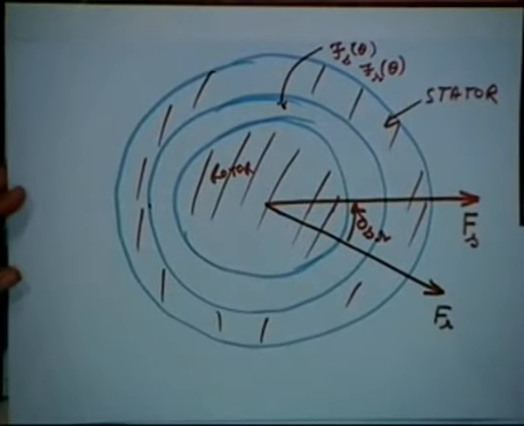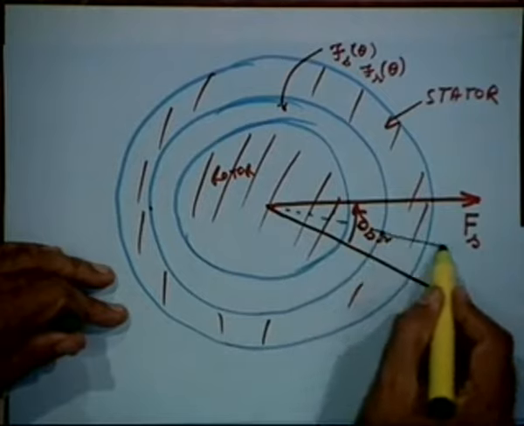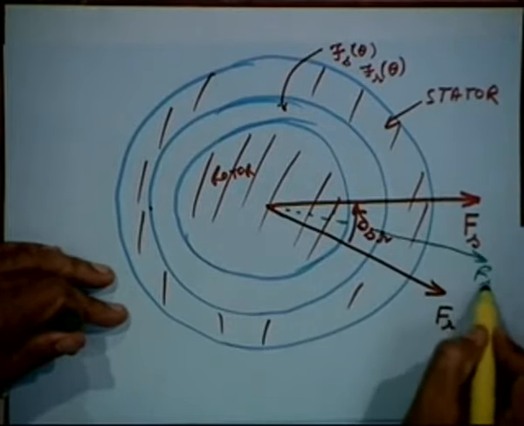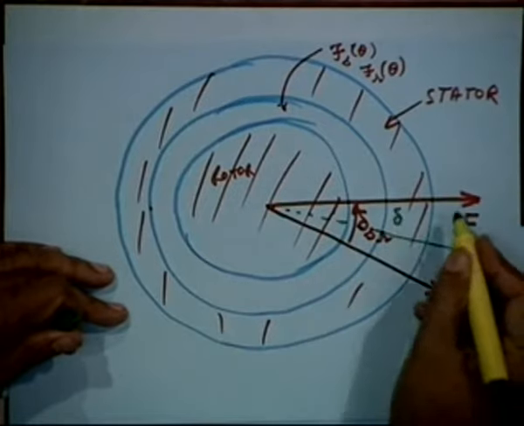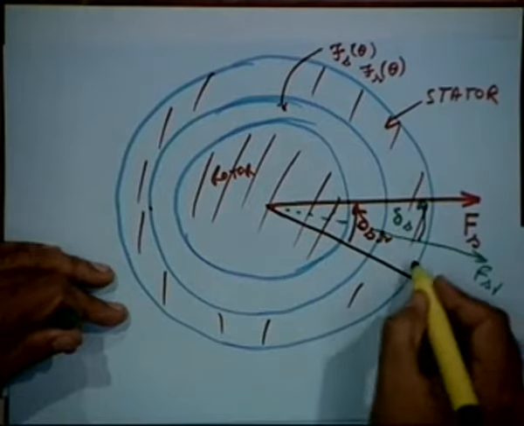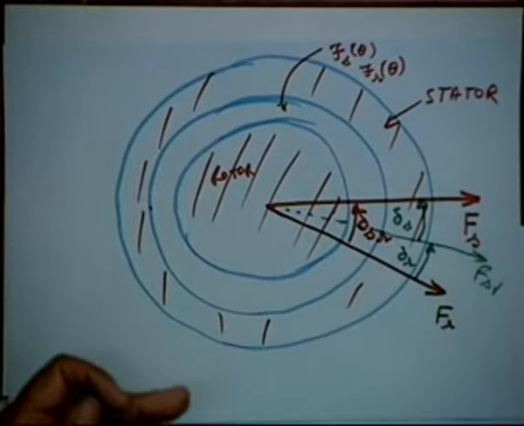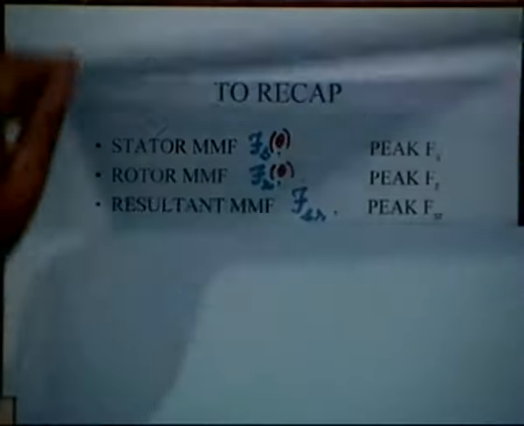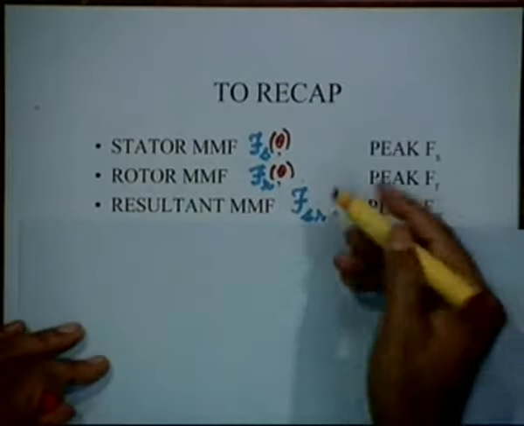So the sum of this might be somewhere around here, maybe FSR, and we have identified that the angle between Fs and FSR we call delta S, and the angle between Fr and FSR we call delta R. Okay, this we have done earlier. So we have just said that these are the three MMFs,